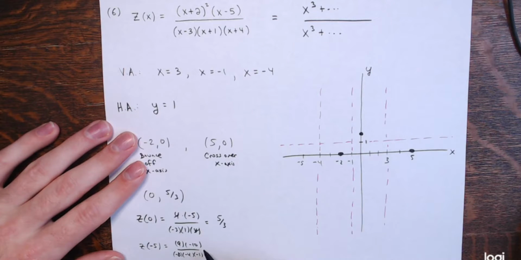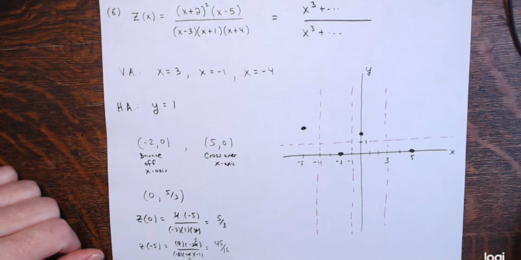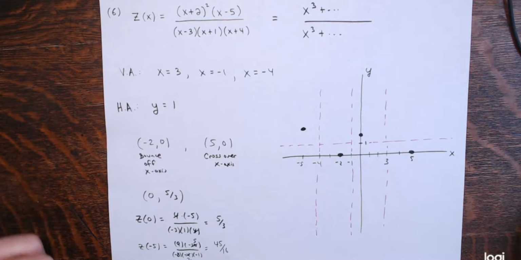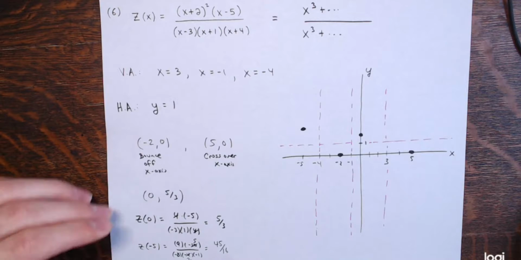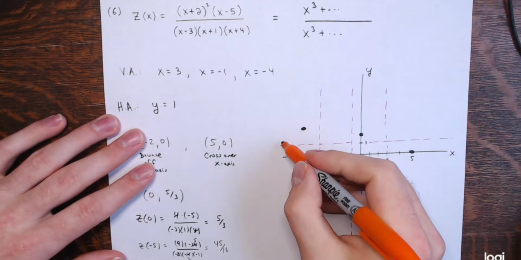Alright, so this is, 2 goes into that twice, that 5 times, so that's 45. These are negative over negative, negative. This is a positive 45/16, which is between 2 and 3. So between 2 and 3, so somewhere up here. Something above 1. So -5 and then positive 45/16. And that should be enough, really, to graph this. So we got something like this,